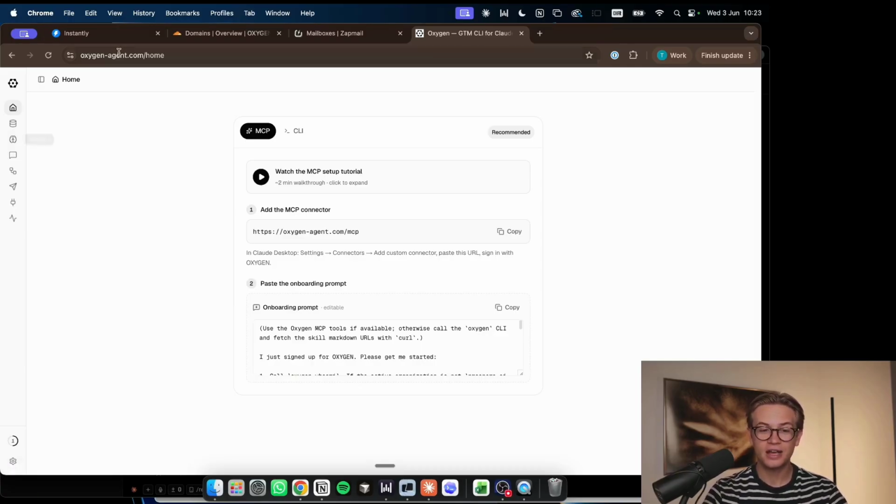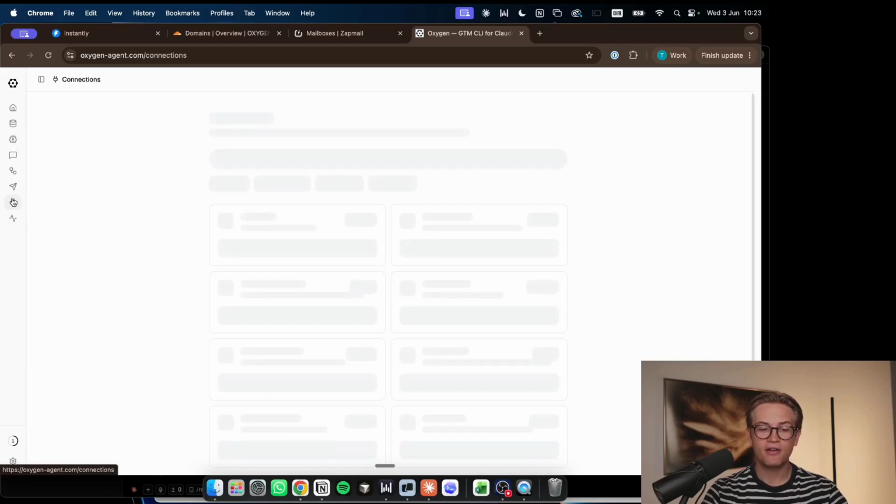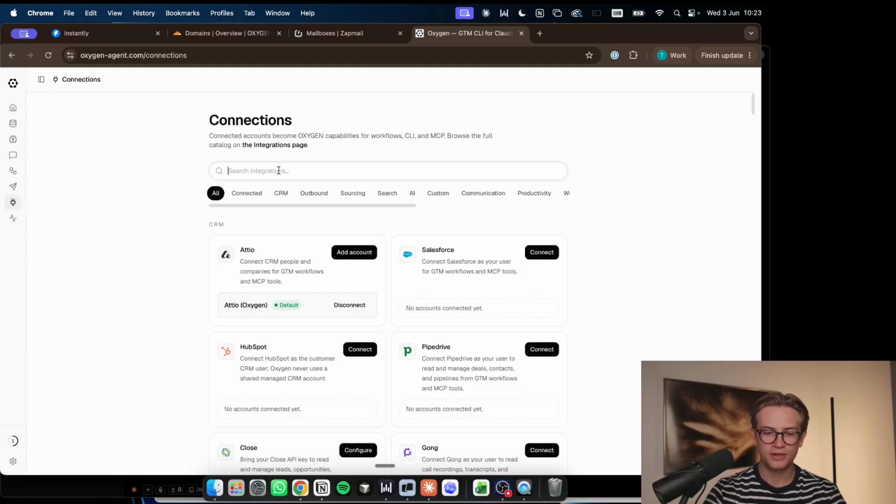So you can head over to oxygenagent.com, and what you can see here is we have a lot of integrations with go-to-market tools, including Instantly, which we have connected here. You can connect your CRM. This is something we can cover in another tutorial. Then we also have Zapmail as an integration, as an example. We have all the tools you desire in go-to-market, but the main benefit which we have is the database and